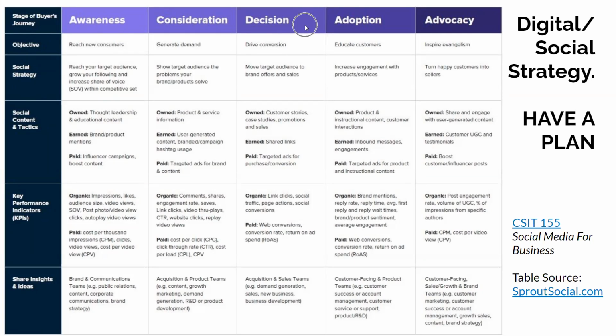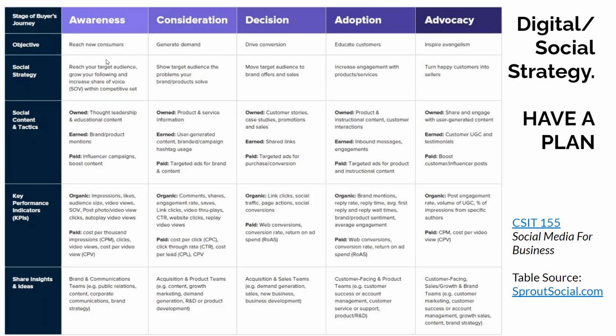So in this case, they're getting ready to make a decision. They're on Pinterest and they want to buy a closet conversion kit. They're on Pinterest to look at some examples and they are going to buy right now. So they're at the decision stage. And adopt is they have bought and you're trying to keep them happy. And then advocacy, you're trying to actually make them like an ambassador and they're going to speak on your behalf to other customers. So different social tactics for each of these stages.